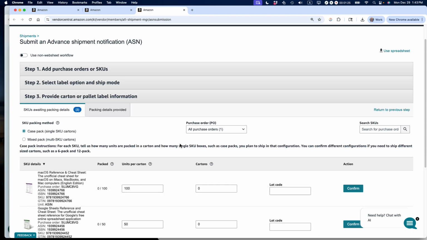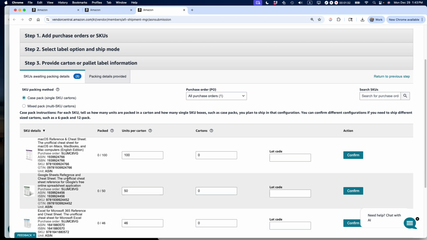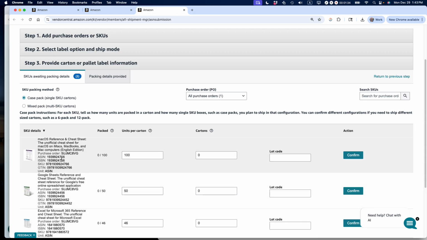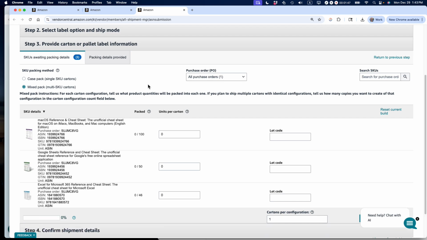Continue to step 3. Okay, now in the parcel that I'm sending them, there's multiple ISBNs. There's actually 3 ISBNs. They're all in the same box. Make sure that you select mixed pack multi-SKU cartons. SKU stands for stock keeping unit, and for booksellers, this means ISBN. So there's 3 different ISBNs here. It's asking you, all right, there's 100 of this particular ISBN in this purchase order, and it says units